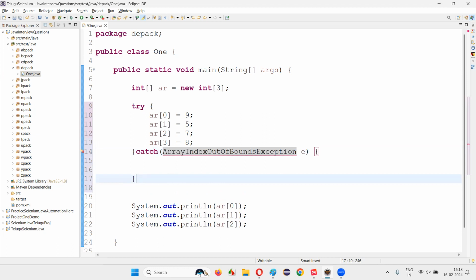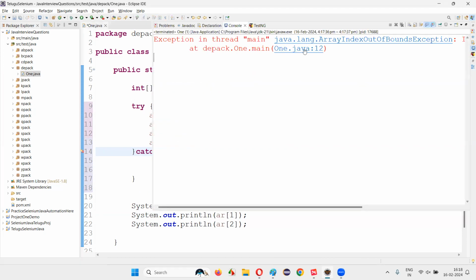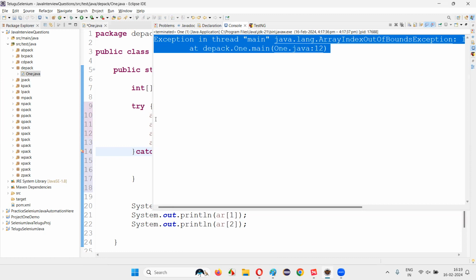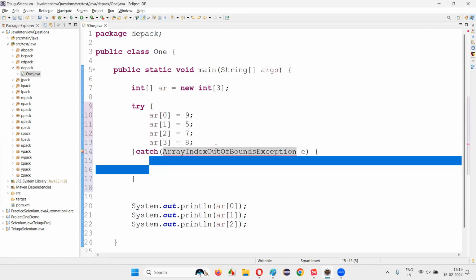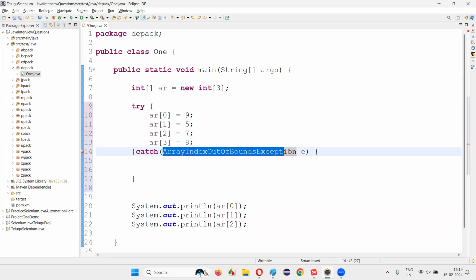So what happens when you run this code is this 13th line, when you are trying to store the 4th element into the array having the size 3, will throw an object of ArrayIndexOutOfBoundsException. And if you have not used try-catch blocks for handling the exception, this object of ArrayIndexOutOfBoundsException will go to the JVM who is running the program, and because of which the program will stop abruptly while printing this exception details or runtime error details in the output. But what if you surround this particular code with a try block, and you provide the ArrayIndexOutOfBoundsException class in the catch block with an object reference, and